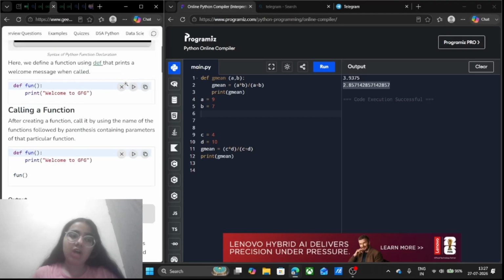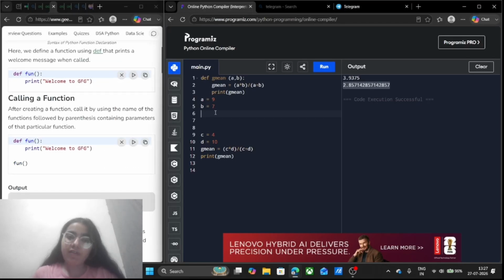How can I call the function? I will write the gmean function as I have defined it, and write the variable names also here. We want a and b here.